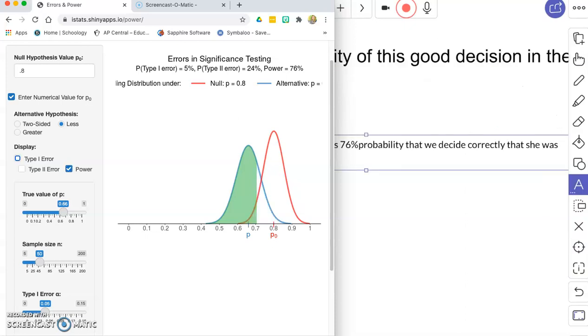The next question on your notes asks you to explain what this power means in context, so this green shaded region. And it's based on the alternative